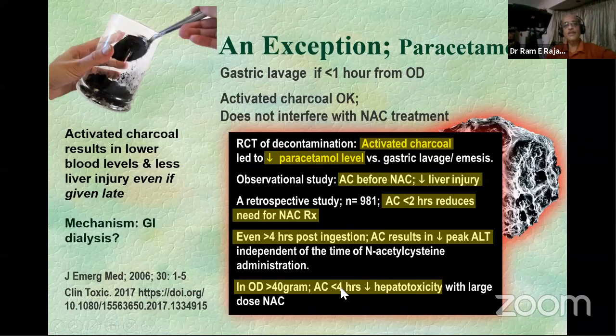So in this particular example, where I've taken up to 3 hours, it may be the exception where activated charcoal is beneficial in toxicological situations. I don't have any data on any of the rest, but since this is probably one of the most common kinds of poisoning that you see in the Western world, there is a reasonable amount of data to support the role. And activated charcoal does not interfere with the administration of N-acetylcysteine.